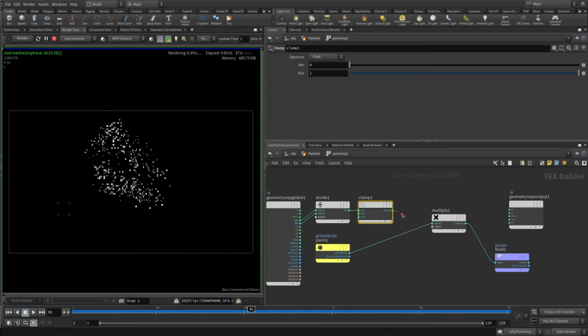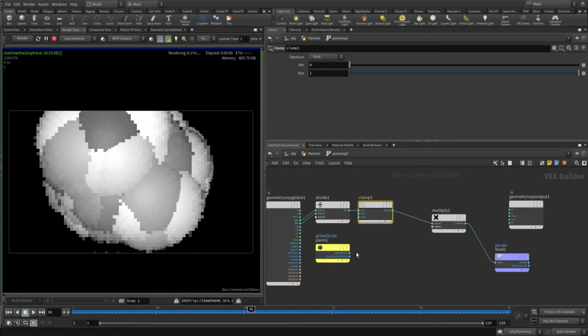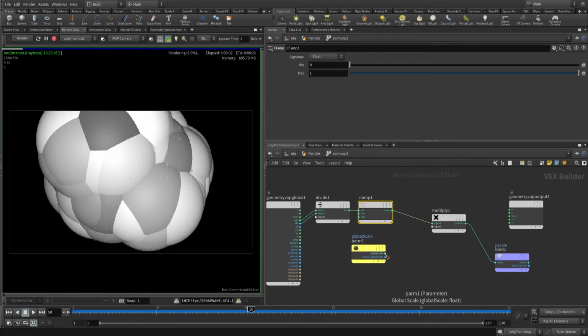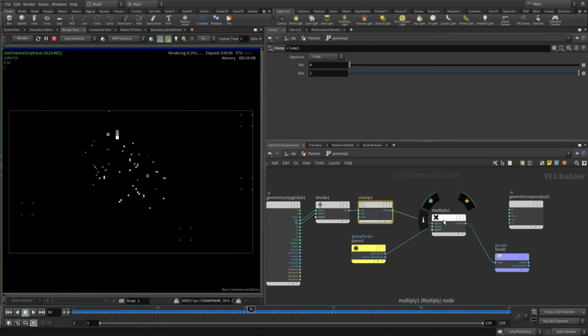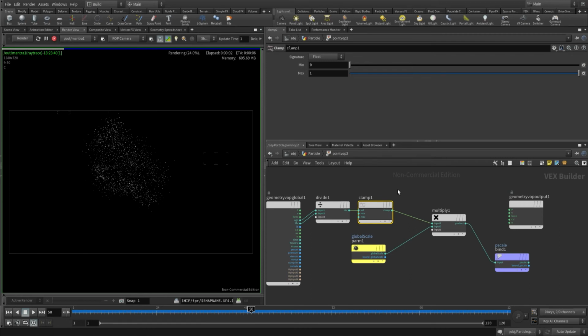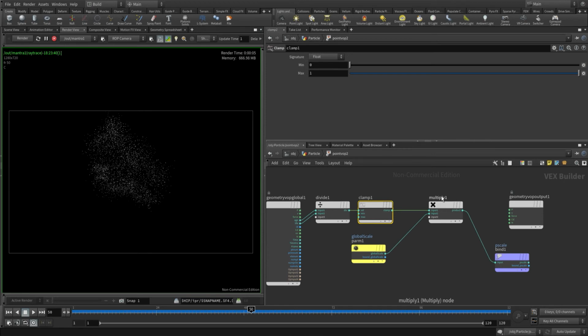We want them to be as big as they're going to be, and then slowly get smaller as they get older. So in order to do that, we need to make a complement node, where our values will start out large and get smaller over time before dying, and we'll input that into here,